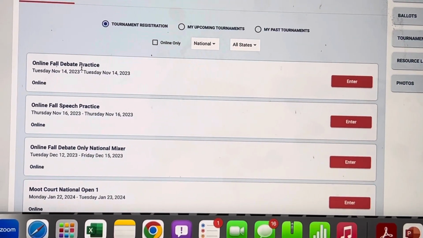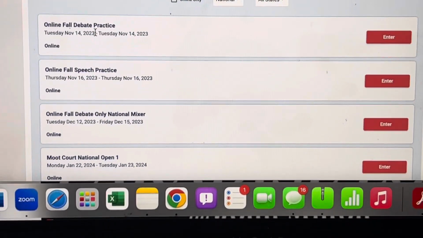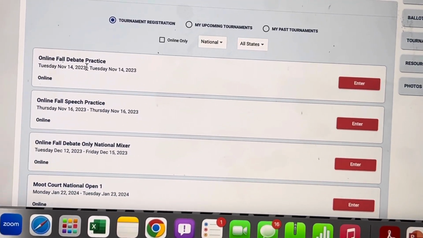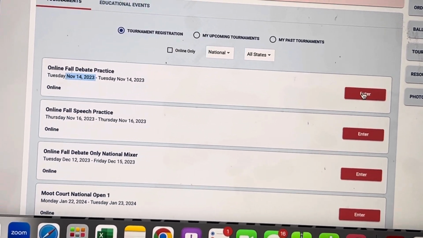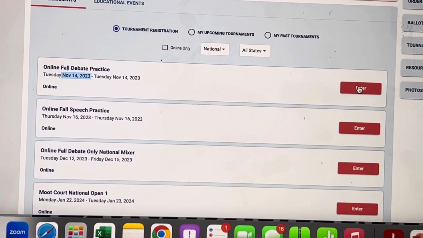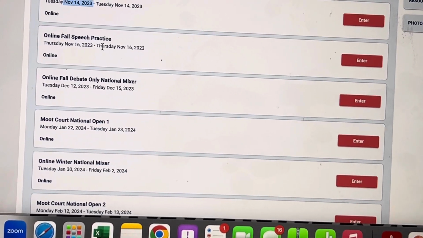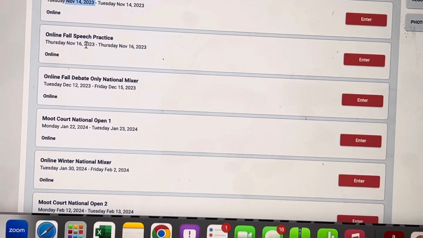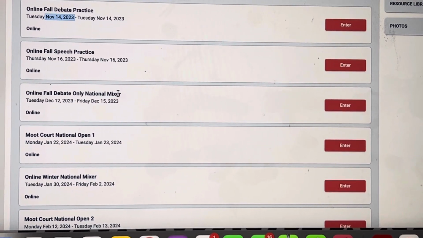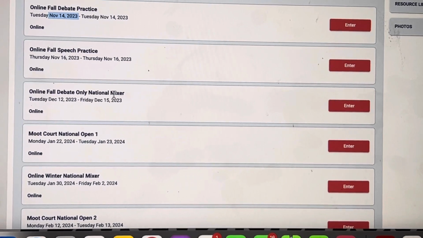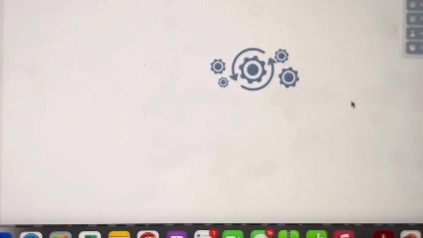So right now, if anyone would like to do a fall debate practice, just a practice round online so they get familiar with it, that's going to be November 14th on a Tuesday. And you would enter right here and register there. If you want to do the online speech practice, it's Thursday the 16th. You'd enter right here. If you want to do the fall debate mixer, which I think several of us might do, you're going to enter right here. So if I click on that,